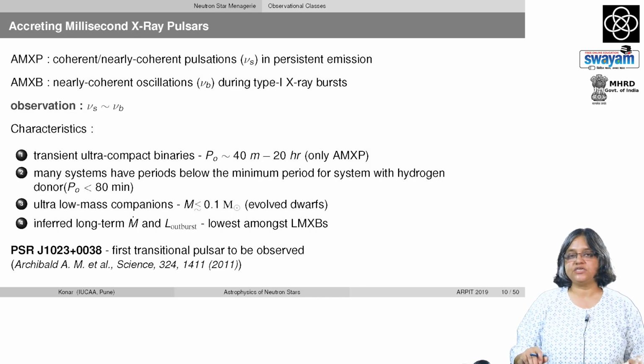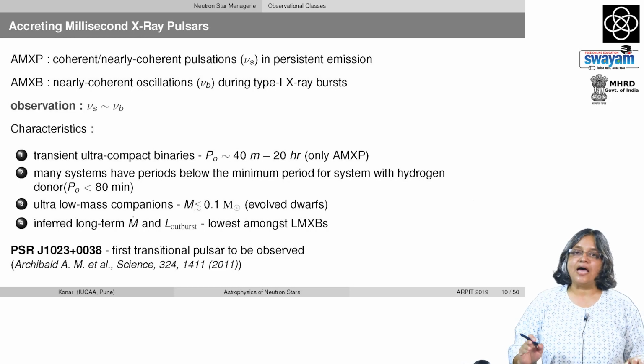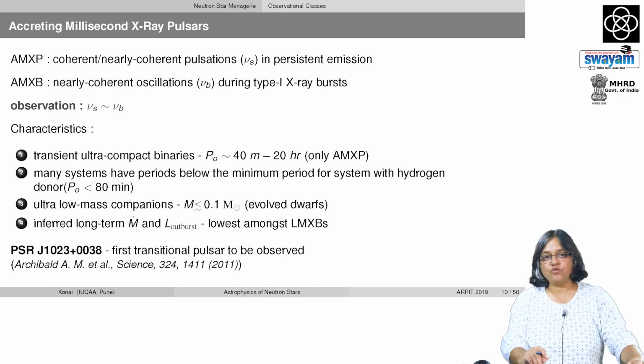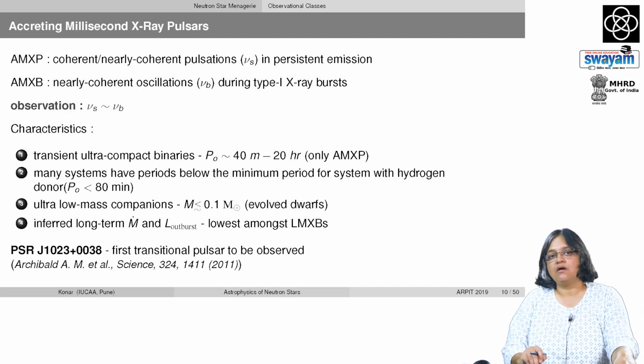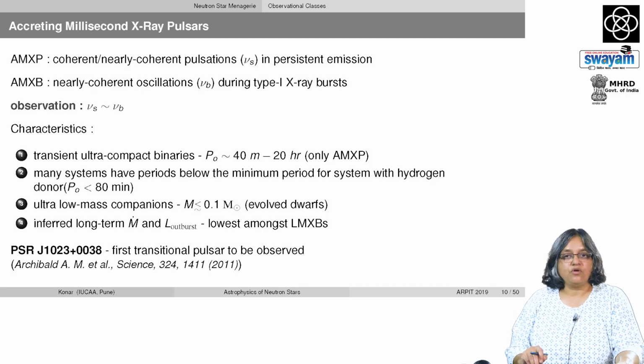Actually, we have seen systems which are alternating between a very low rate of accretion and no accretion. So, the same object shows up as an accreting millisecond X-ray pulsar, and when the accretion completely stops, it shows up as a radio pulsar. So, we have seen that, and therefore these objects were missing links for a long time. People were not sure whether the millisecond pulsars are really generated through binary accretion. These are the missing links which confirmed that hypothesis, and therefore they are very important in the context of